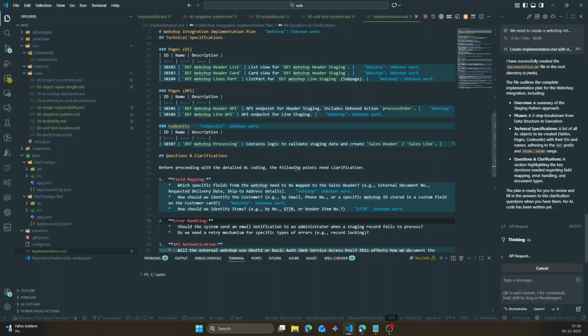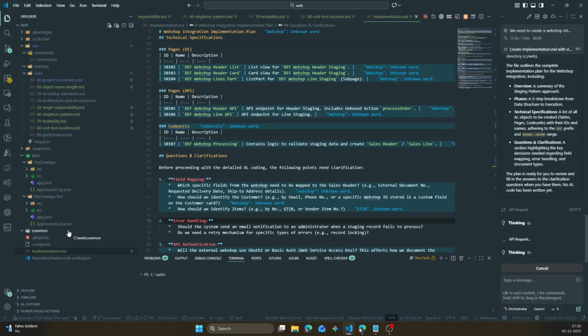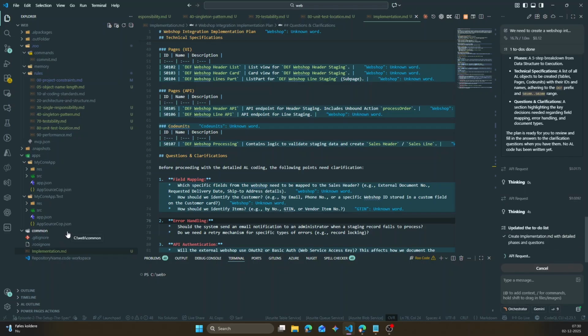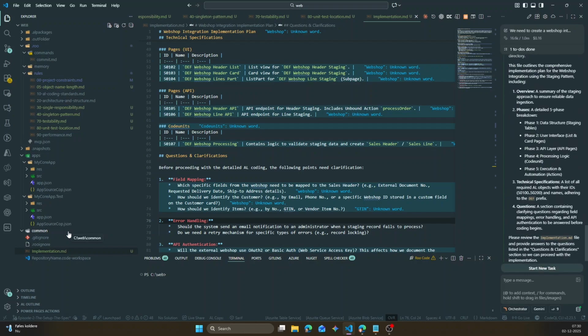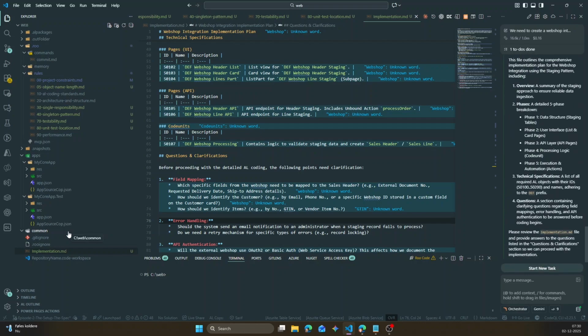The only thing is that I would have liked this implementation MD not to be placed down here. So I might just move it afterwards, because right down there it looks like it's not part of anything. And that is not correct. So I'm thinking I'm just gonna drag and drop it up into the comment folder. At the moment that doesn't really make much of a difference, because the agent hasn't started coding anything right now, so it's okay to change the structure right now. Okay, so it's done. And as I said, let's just move this up here in common